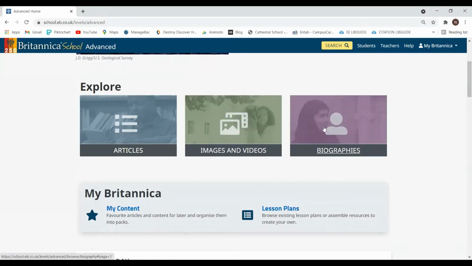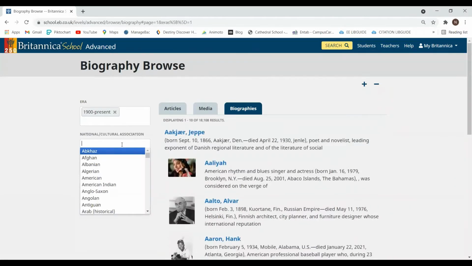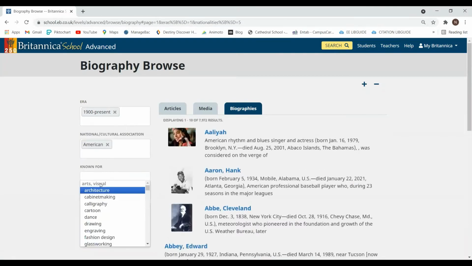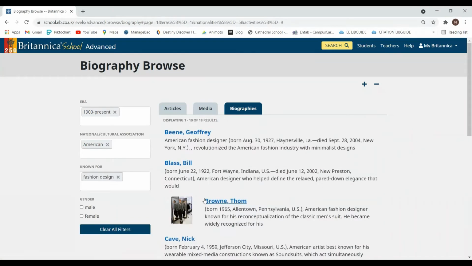And this is the biography section. If you're looking for biographies on personalities in a particular era, or particular nationality, and in a particular subject, you can do that as well, and you have the whole information over here.